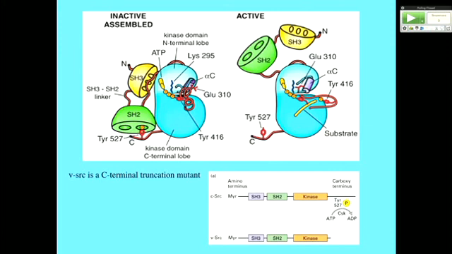Okay. So let's look now at the structure of the viral Src protein to try to understand what it is about the viral Src protein that's different from the cellular Src protein that causes it to be extremely active as a protein kinase. And that's seen very easily when we compare the structure, the sequence of cellular Src to that of viral Src. And what we see